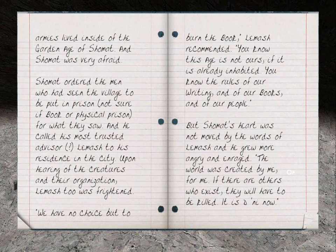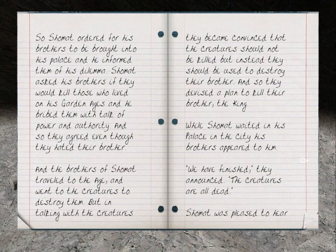But Shomat's heart was not moved by the words of Limesh, and he grew more angry and enraged. "The world was created by me, for me. If there are others who exist, they will have to be killed. It is Dunny now." So Shomat ordered for his brothers to be brought into his palace, and he informed them